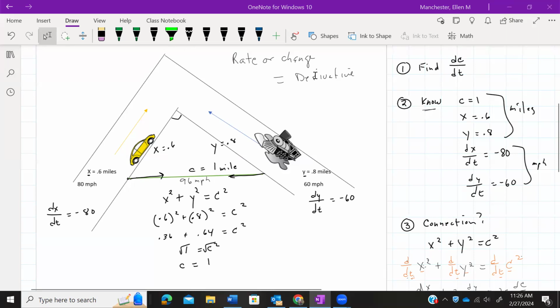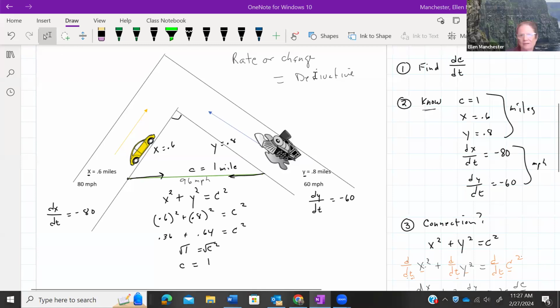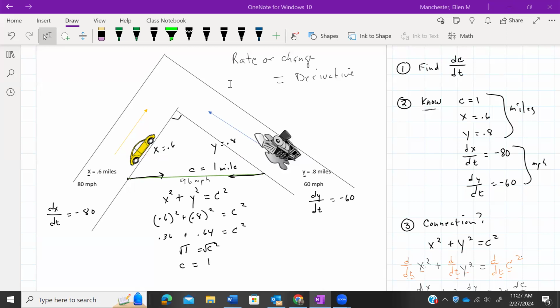All right. I have a question, Ms. Manchester. Yes, go ahead. This might not have anything to do with anything, but is the rate closing the same? Is it equal on each side, and does that even matter going forward with this? Don't they have two different speeds? Correct. I don't think it matters one way or the other if it's closing this way or closing this way. The idea is that the distance is just closing down at 96 miles an hour. Whether it's closing faster this way or this way doesn't have any bearing on it. That's a good question though.